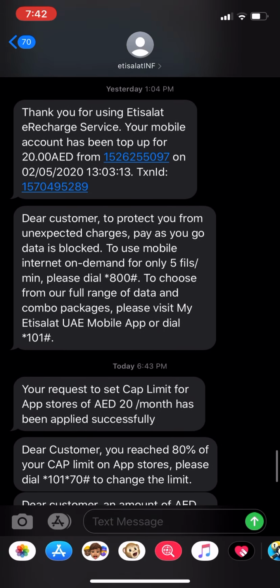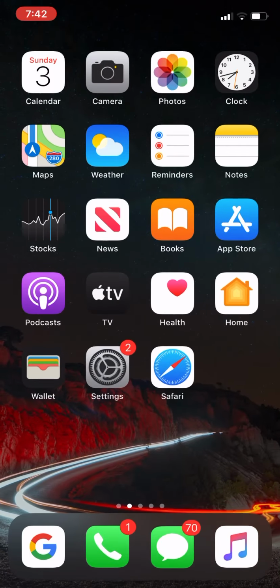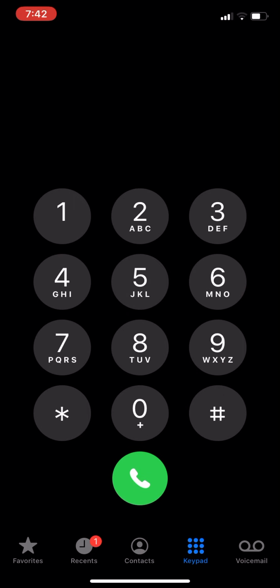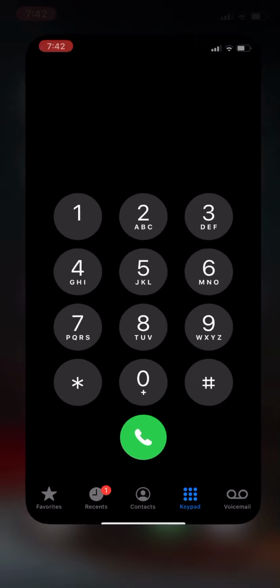Everyone has this problem, many people, and it's set by default in whatever country you're living in. So for me, I wanted to buy a game. I wanted to purchase something and it didn't let me, and I just realized how to fix it. So first you open the